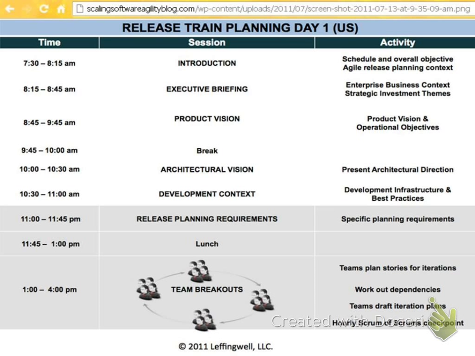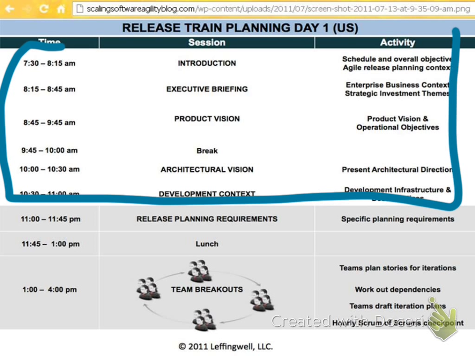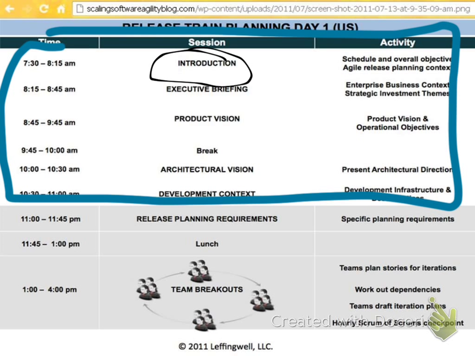Usually the first half of the meeting is somebody talking about all the things that they would like to have completed. Usually you get one of your executives to stand up and talk about where the business is going. Then you make sure you have your architecture in there talking about any major changes that may be happening in the architecture.